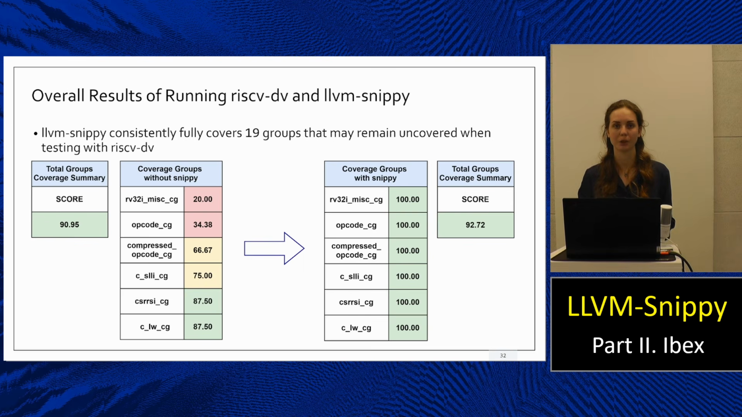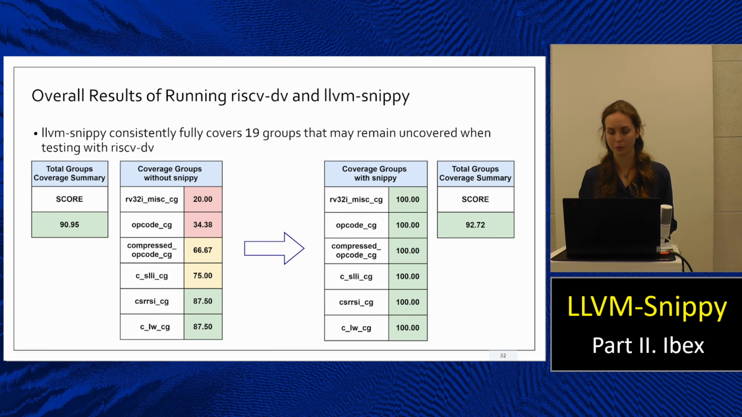Now let's look at the overall result when the regression includes both riscv-dv and LLVM-snippy. On the left is coverage without LLVM-snippy. The overall score is already high, around 91%, but some individual groups remain noticeably incomplete. After adding LLVM-snippy, these groups close